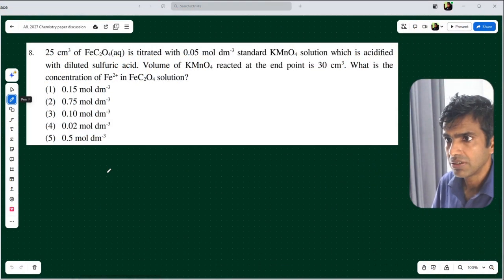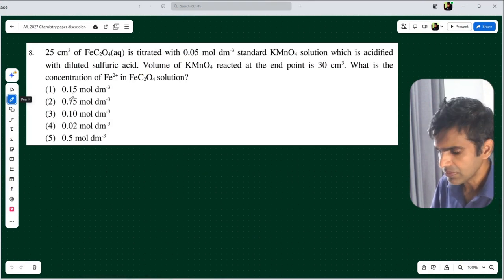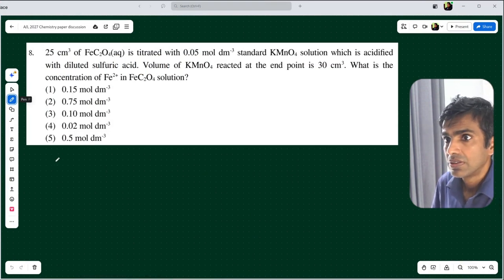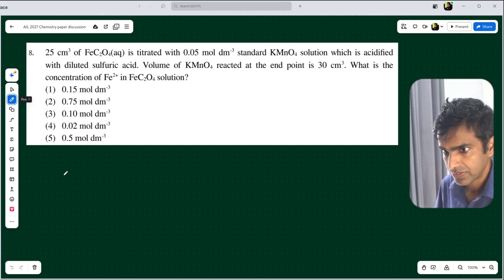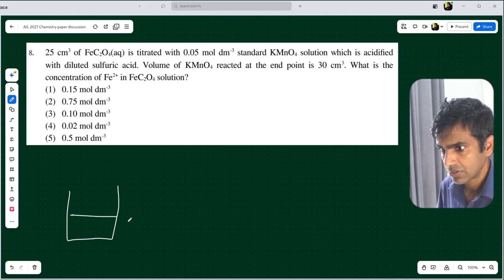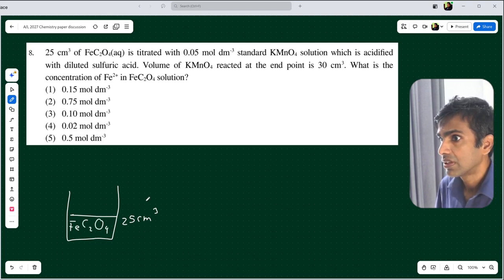8th question of the model paper. 25 cubic centimeters of ferrous oxalate is treated with, you can draw a rough diagram. 25 cubic centimeters of ferrous oxalate is treated with